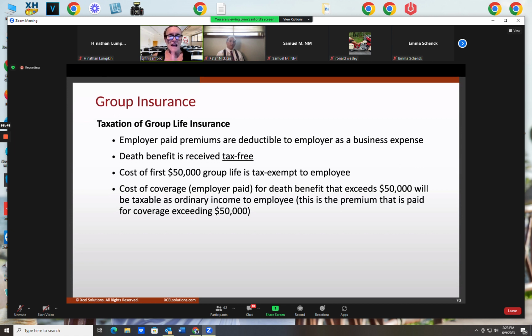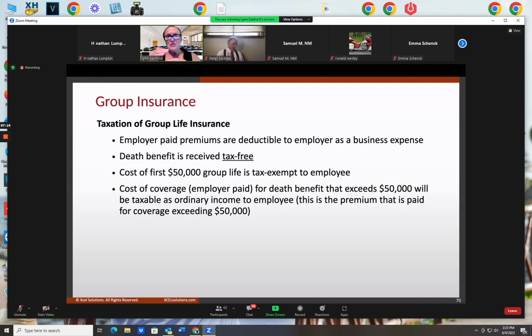Your tax preparer, your CPA, is going to have to extract those dollars out of box 12A, B, or C and report it as income for you. It's going to be a taxable benefit for you. You're going to have to pay tax on any amount of insurance that's been offered to you in excess of $50,000 for which the employer paid any portion of the premium. It's not taxable to you for the first $50,000. So for the first $50,000, you're not paying tax on anything.